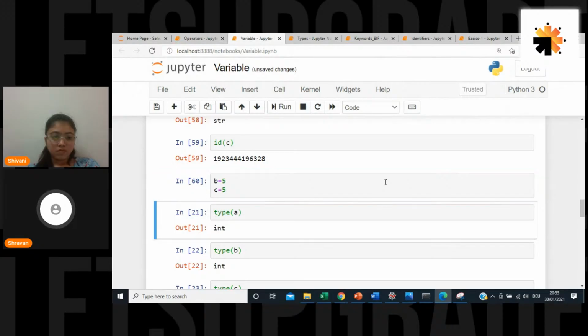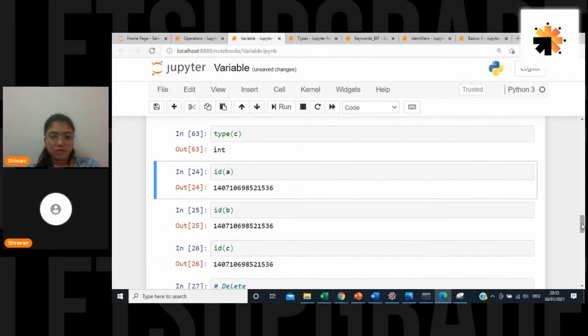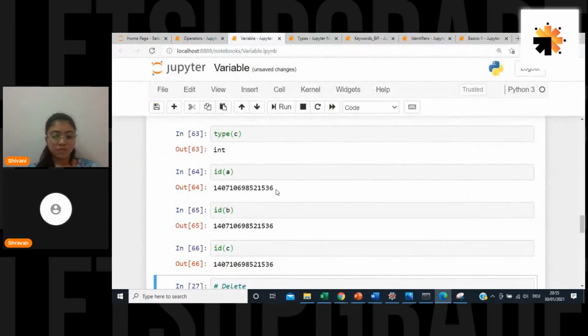Then I wanted to check the type of A, B, C. Now I want to check the ID of these three: ID of A, ID of B and ID of C. Now you see it is exactly the same, right? I have done a lot of things, but I came back and assigned everything to 5. Now you see your ID is the same.